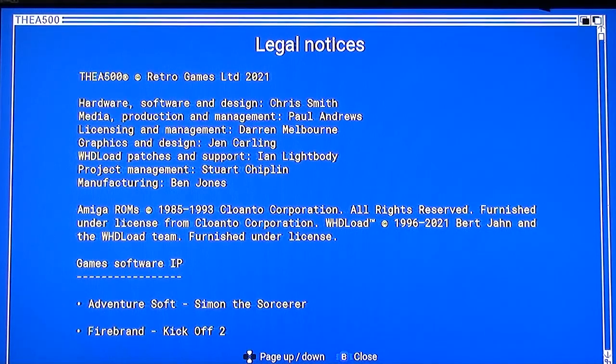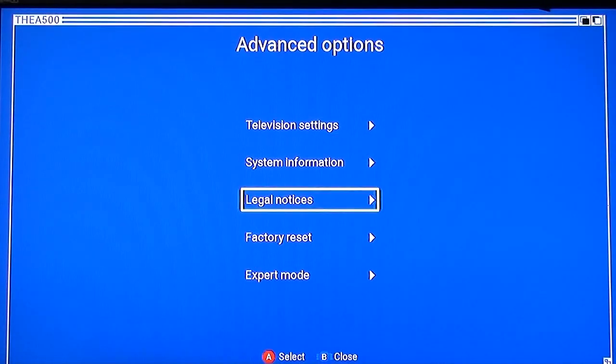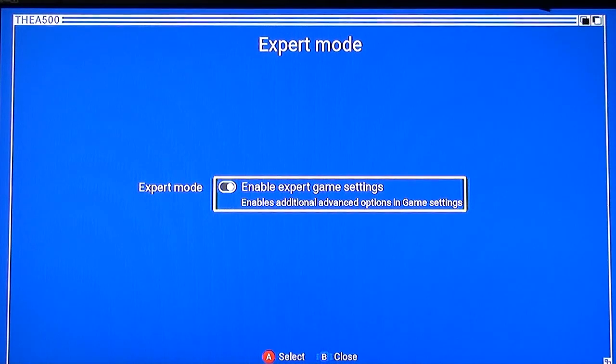Hardware and software design, Chris Smith Media. Blah blah blah. Lots of people credited. No, I'm not. I don't want to. In fact, we're not doing factory reset. Expert mode. Enable expert game settings. Do you know what? I'm not sure what you get and don't get with that turned on and off. I leave it on because...